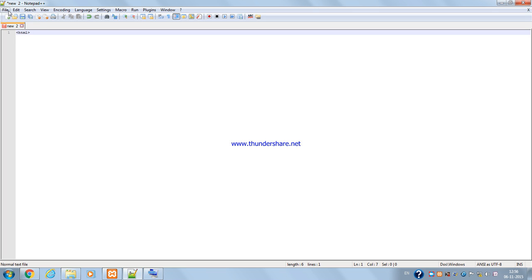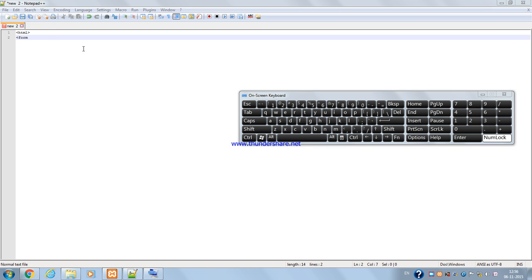HTML form. I have a problem with my A key, so I will be using the on-screen keyboard for that. Action equals inserted.php. This inserted.php is another file which we are going to create, which will contain the database, that is the PHP code. Method equals post,